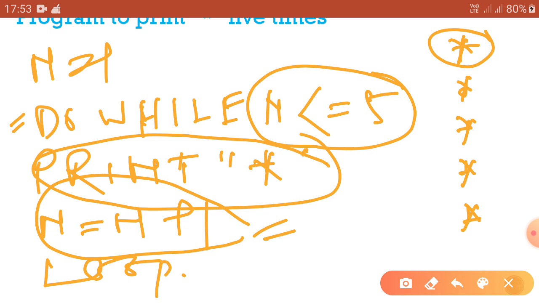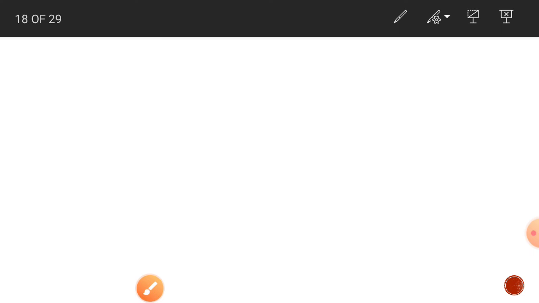When n becomes 6, the do while loop checks the condition 6 less than equal to 5. No, it is not true. That means it becomes false as 6 is greater than 5. So the loop execution is terminated here. Go to the next program.